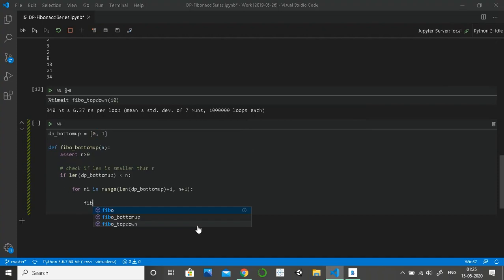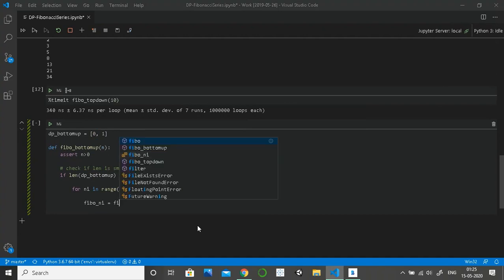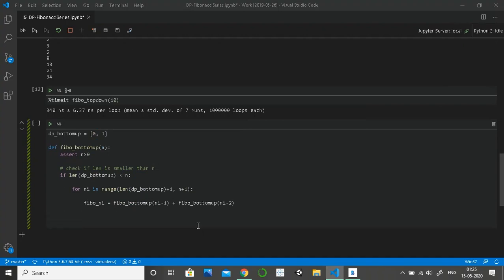Now we will calculate the value of fibo of n, of 5, using fibo of bottom of i minus 1. We will take the value at i minus 1 and add it to the value at i minus 2. Okay, now we have this value.